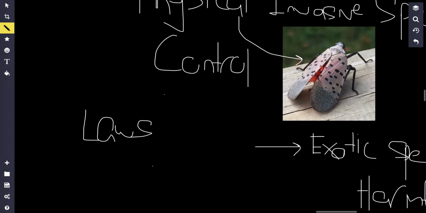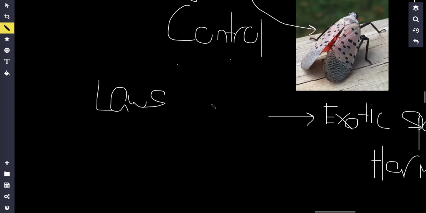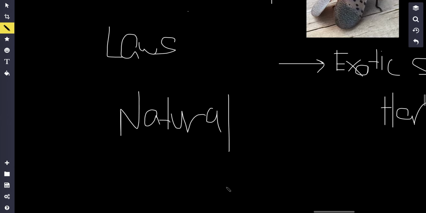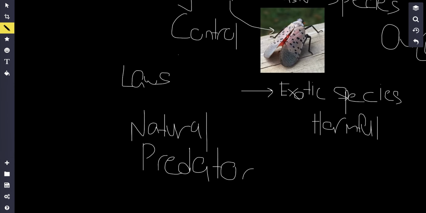A lot of invasive species come because people transport them in, like, a ship, for example. So just have a law that prevents the transport of these invasive species, right? And well, they can't come there anymore, right? Or another way to reduce invasive species, just introduce a natural predator. If I could get something that eats this spotted lanternfly, well, this population is going to decrease, right? And we're going to be all good.